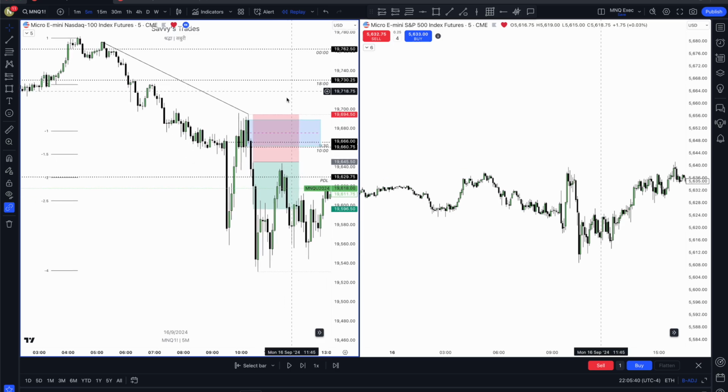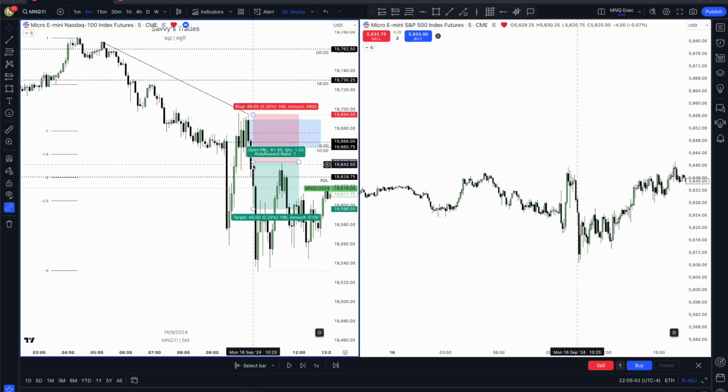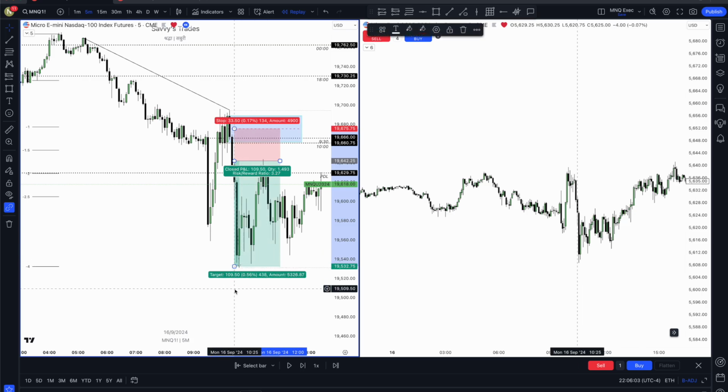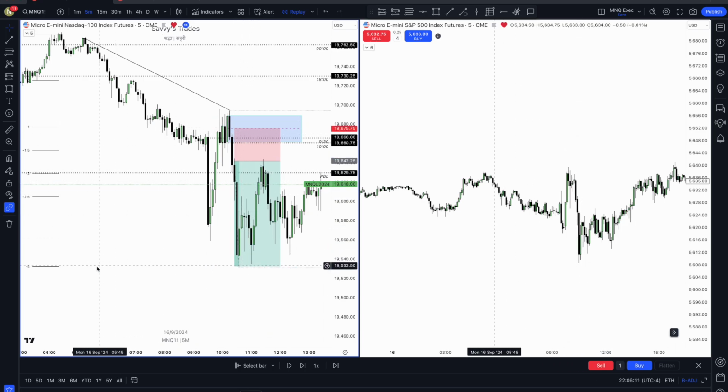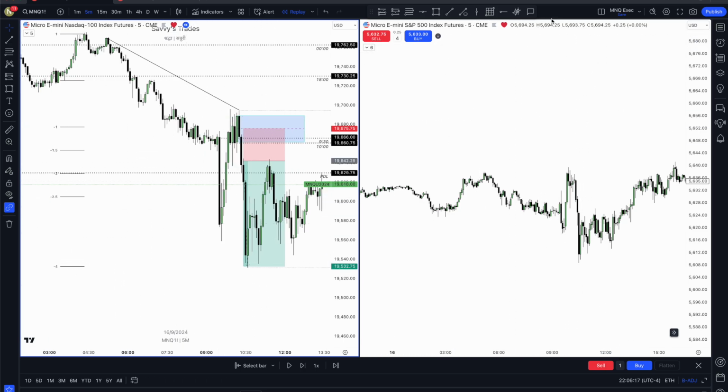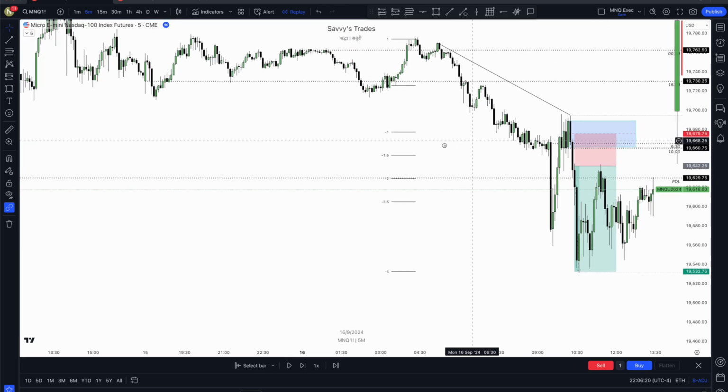Again, it's not financial advice, but what I try to do is when the price closes, I try to jump into the trade if the risk to reward is fine and it looks promising, and then I keep my stop loss right around the mean threshold of this order block and try to aim for my target, which is the -4 standard deviation, which is max expansion. So this was like a 1:3 trade, and you could see we tapped right at -4 and then started reversing out. So this was the only trade that I saw for today.